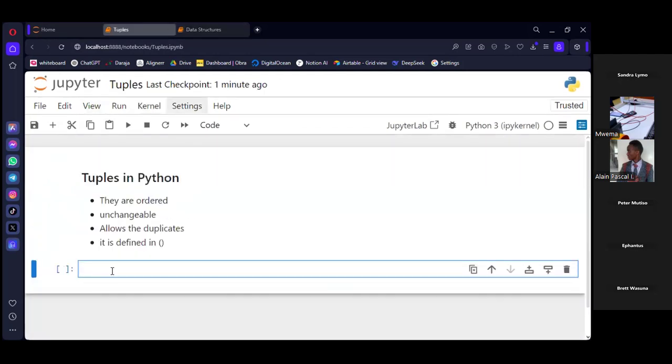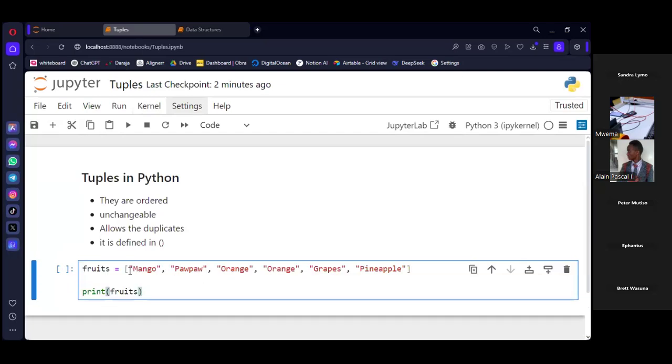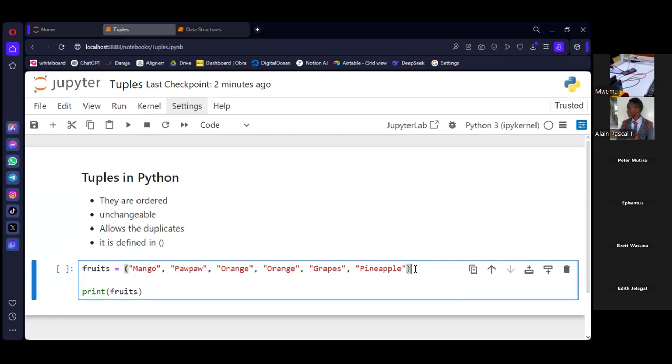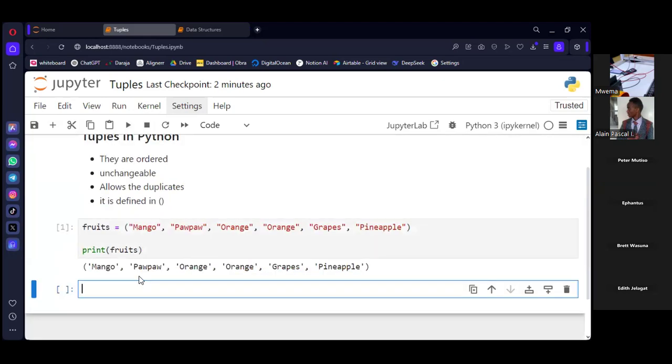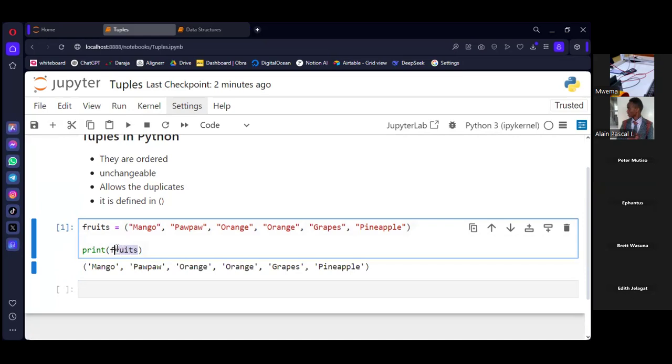The only difference here in the tuples is that it is defined with what? It's defined with the square, not square, but this rounded bracket. So when you run, you can see we have this output. But let's see if we can get the data type. So if we want to get the data type, what should I do, guys? If I want to get the data type of this object,